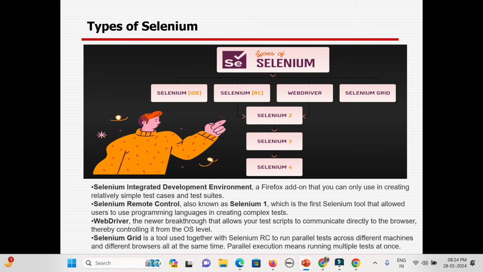And Selenium Grid, in case you want to do parallel or distributed testing, then you can use Selenium Grid. What is the concept of parallel or distributed testing? It means you can operate from multiple systems. In case you have three systems, you can run the execution parallelly from three systems. That is the way Selenium Grid will help you access different machines, different browser versions, different combinations, and you can execute parallelly.